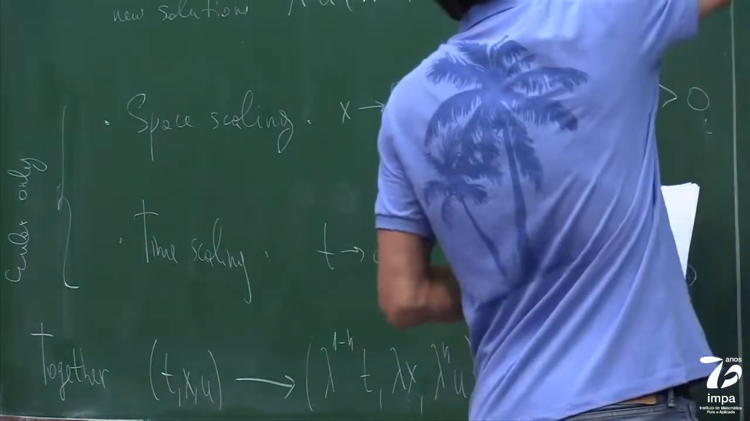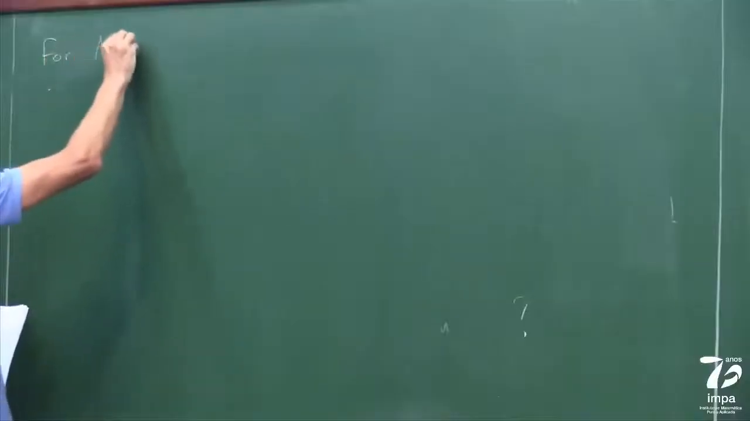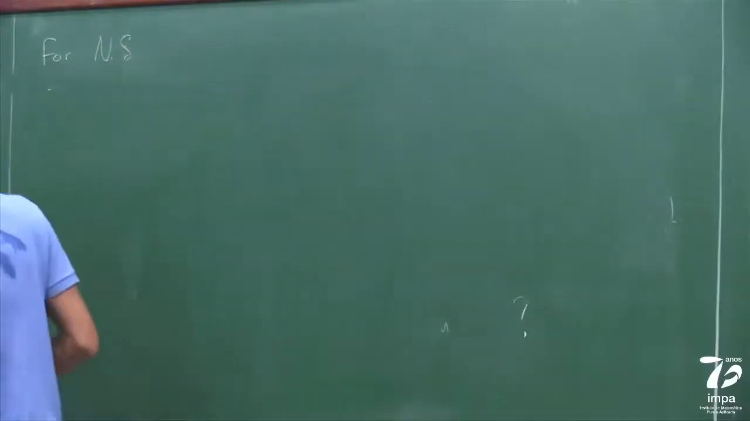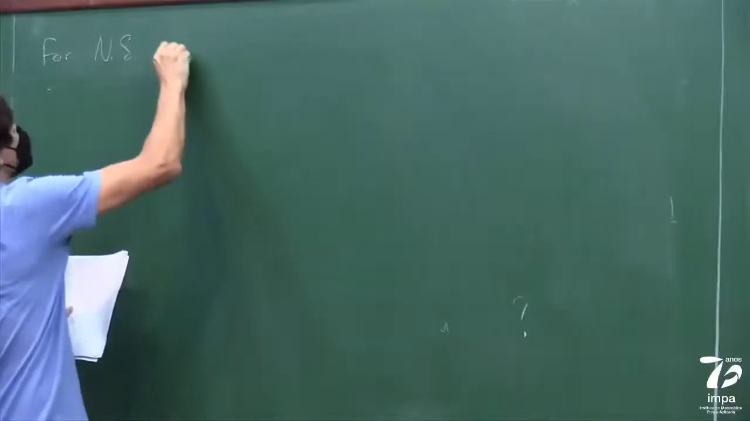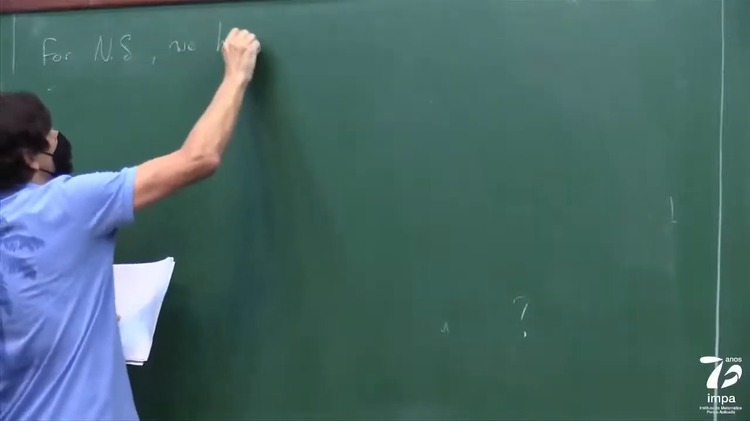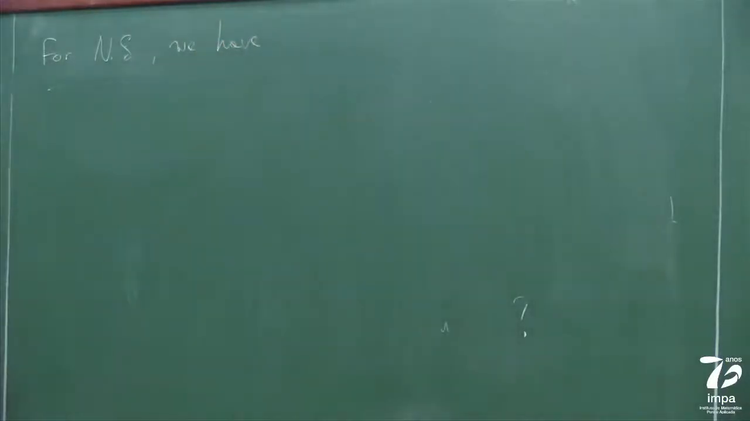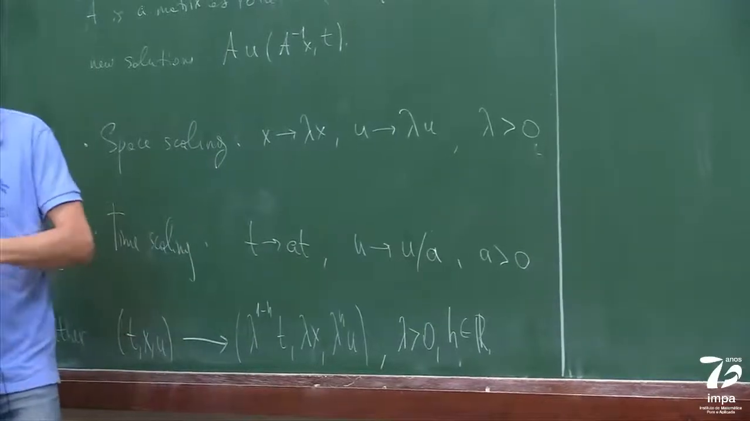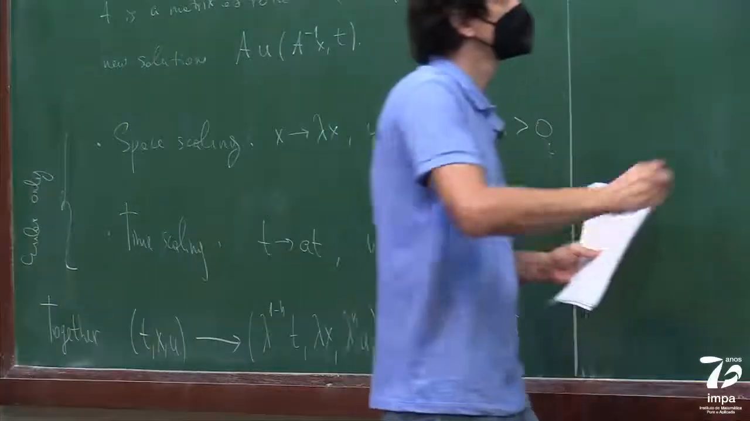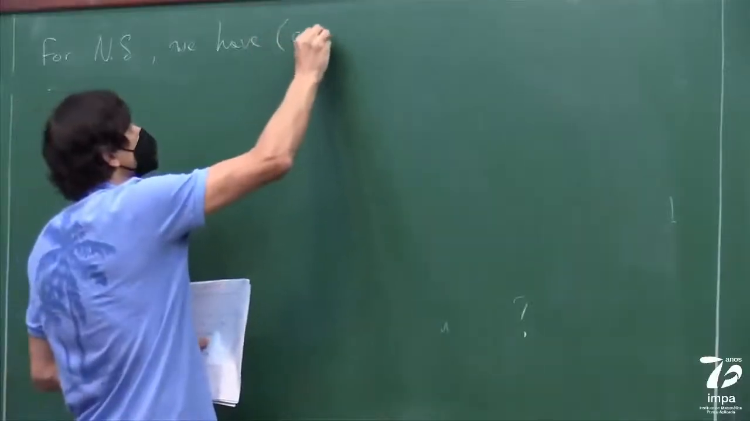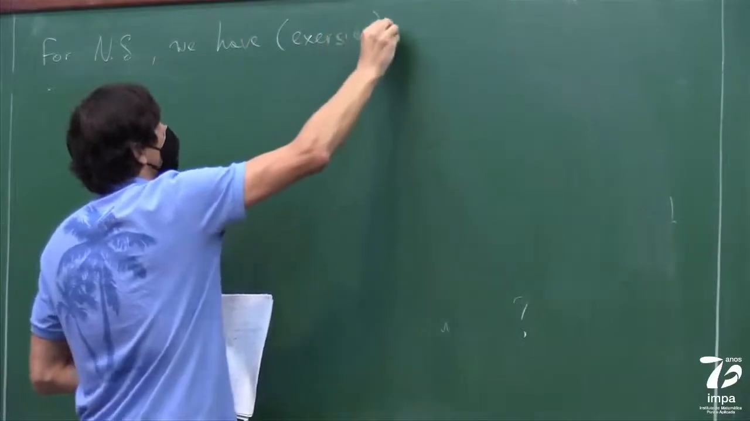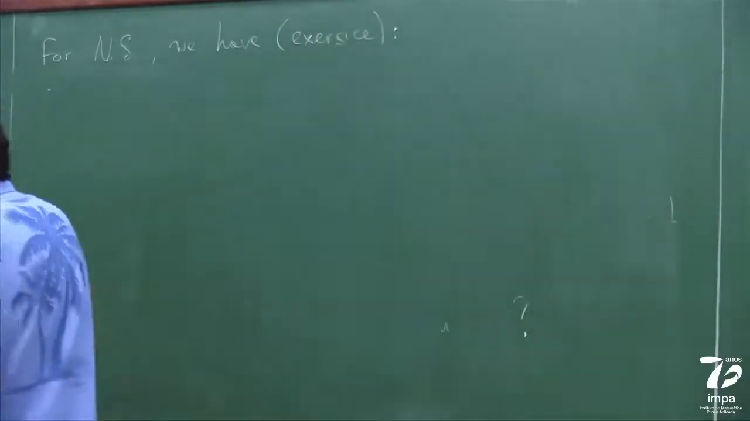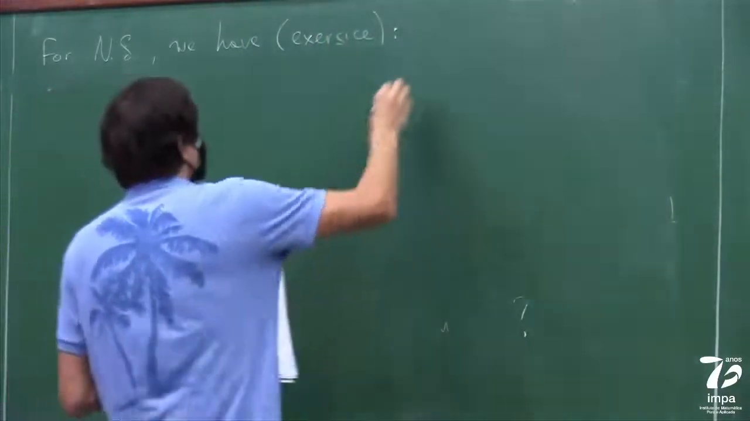For the Navier-Stokes equation, this kind of transformation does not preserve the equations, because it leads to a change of the Reynolds number. You can check that, as an exercise. So check that whenever you do this transformation and change the Reynolds number,